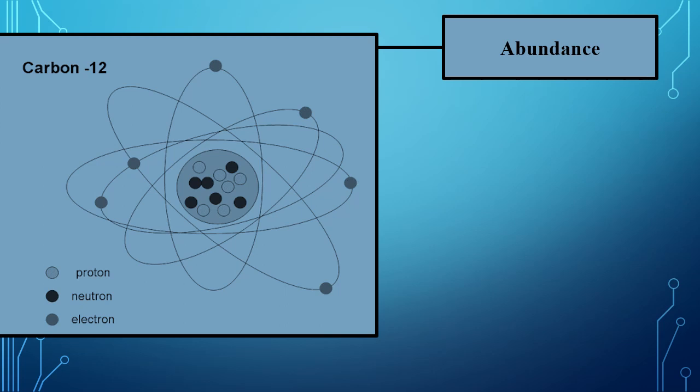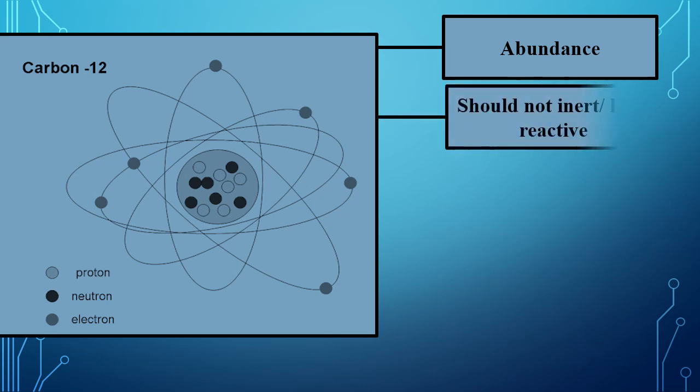The second thing the teacher sees while selecting a student as a monitor is whether he is active or not. If a student is not active in the class, then how can he control the class? So the second thing which chemists saw before selecting an element as a standard is its reactivity. That element should show some reactivity. It should not be inert or least reactive like the noble gases group.